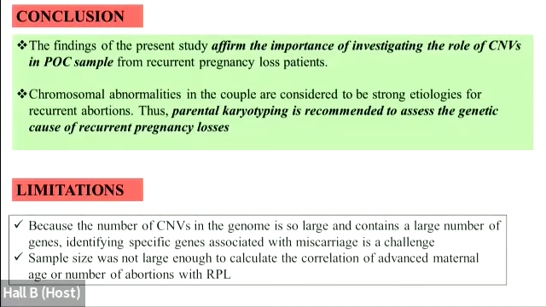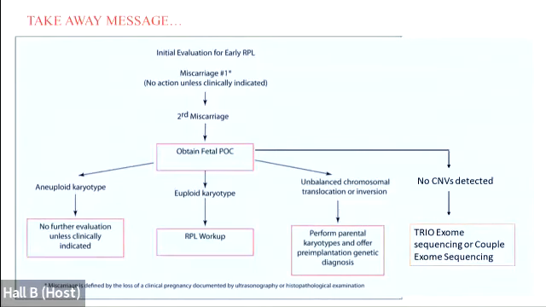However, there were certain limitations, because the number of CNVs in the genome is so large and contains a large number of genes, so identifying specific genes associated with miscarriages is still a challenge. The sample size was not large enough to calculate the correlation of advanced maternal age or the number of abortions with RPL. So the takeaway message is, when we're doing the initial evaluation for early RPL cases,